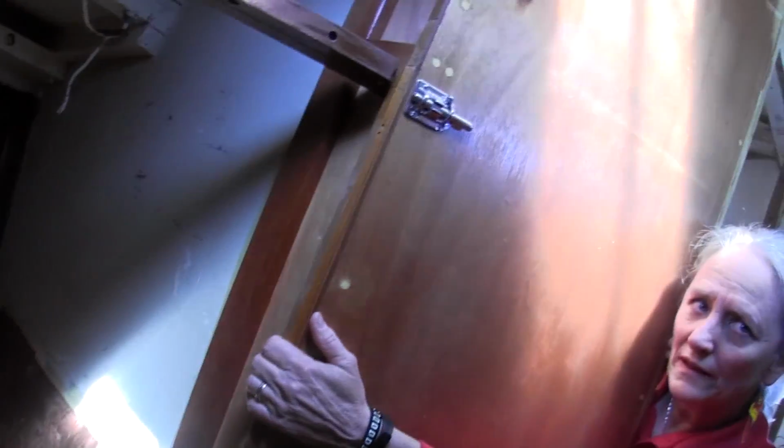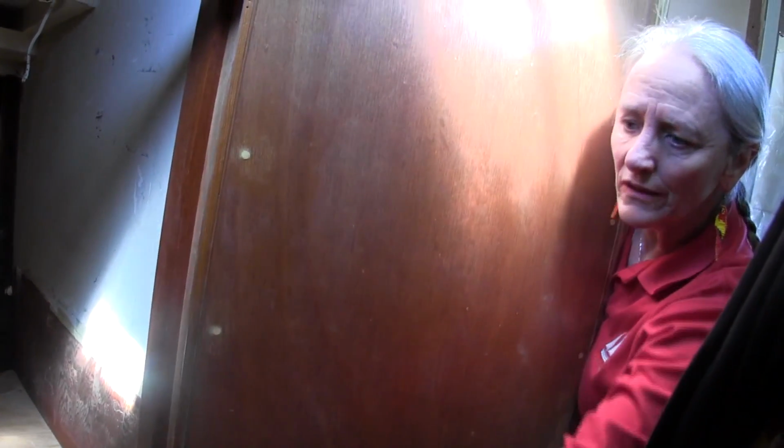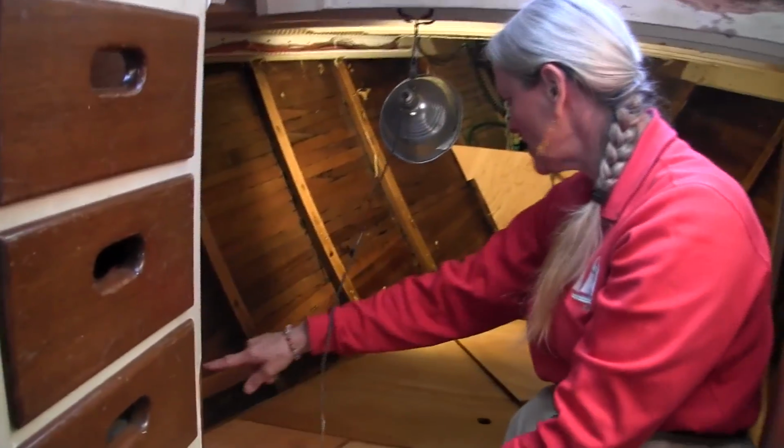This area here, remember we showed you the bicycles at the very beginning? These will fit 2 bicycles just right. And there's actually a door that folds down, which will protect the cushions on here when they're here. And you can lay the bicycles there and then put them in. This is long storage right along the hull. Notice those long